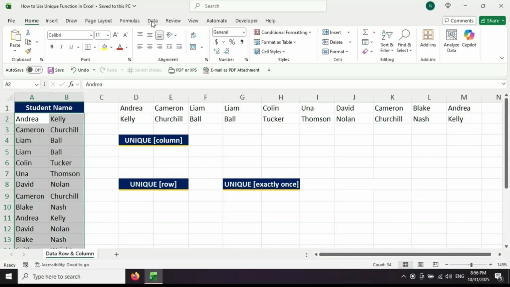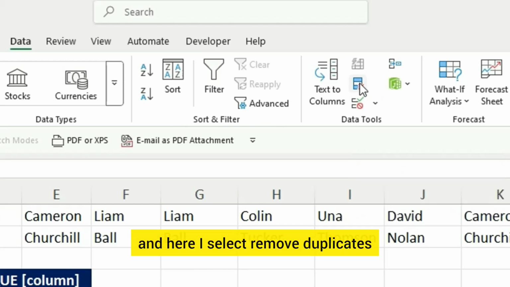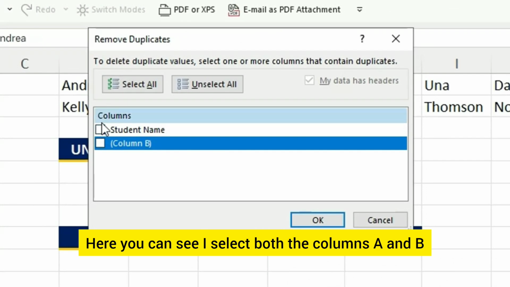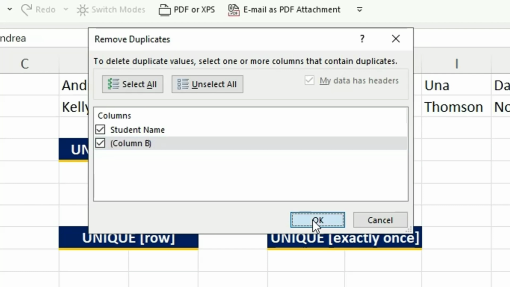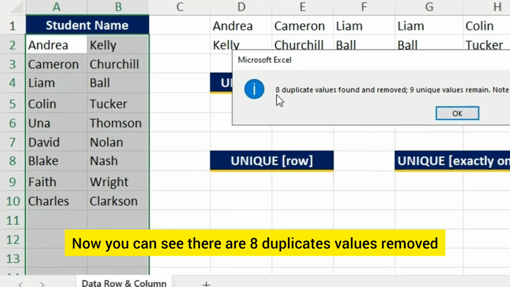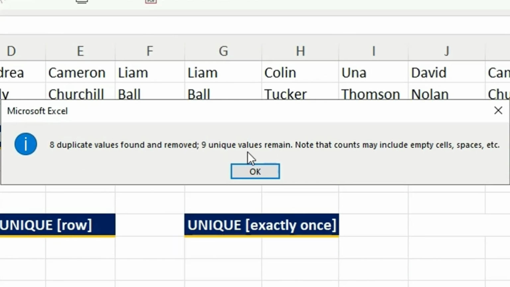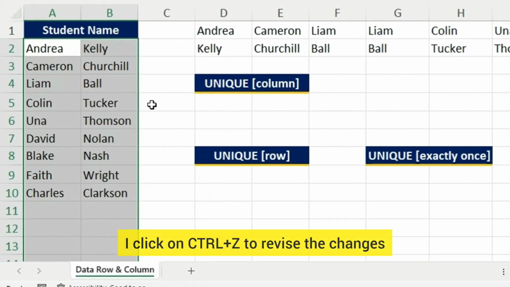For this, I go to the Data tab, and under the Data tab, I go to the Data Tools group, and here I select Remove Duplicates. Here you can see I select both the columns A and B and click on OK. Now you can see there are 8 duplicate values removed and 9 unique values present in the column. I click on OK and I press Ctrl Z